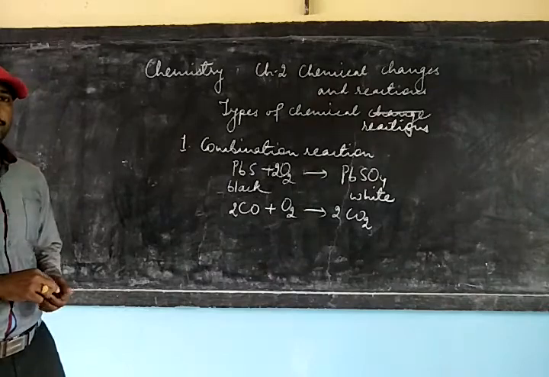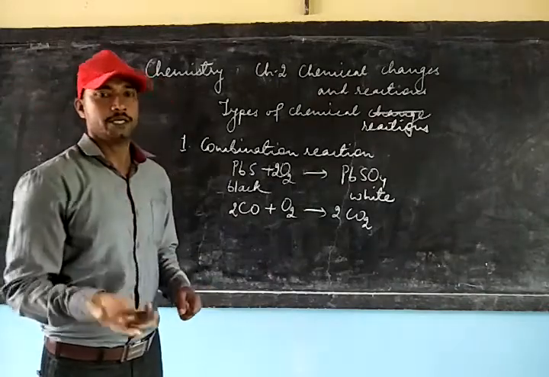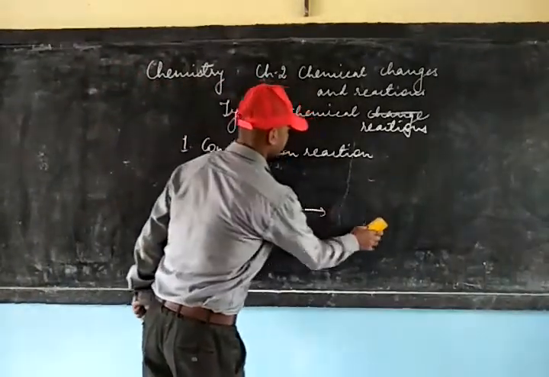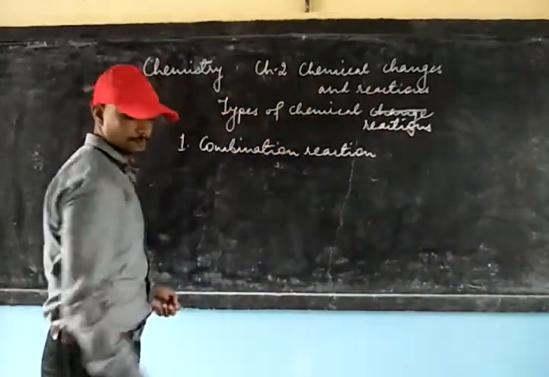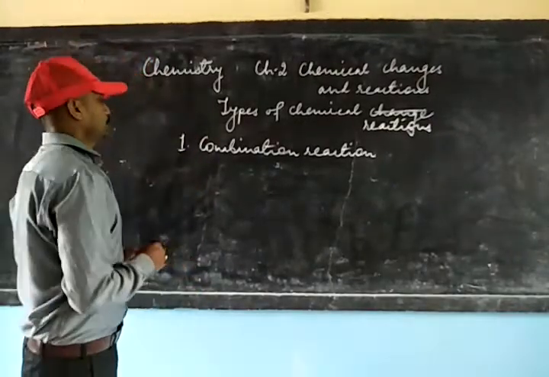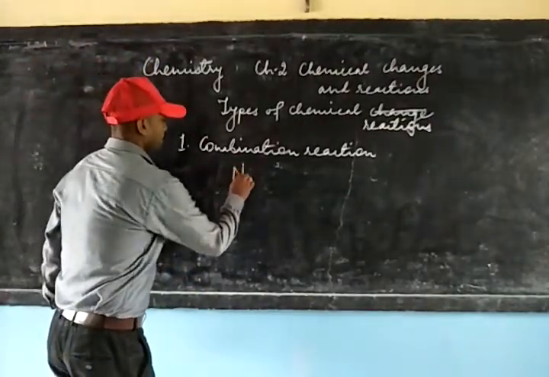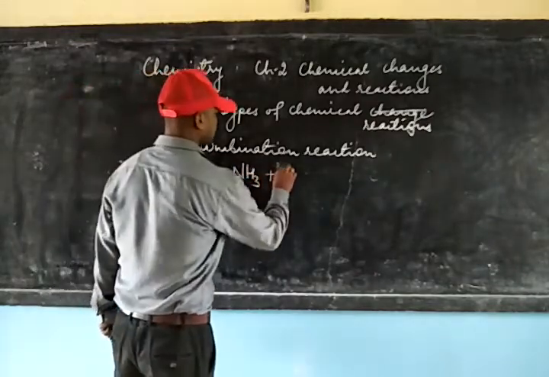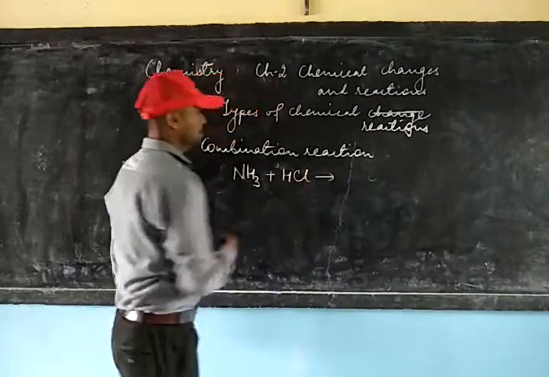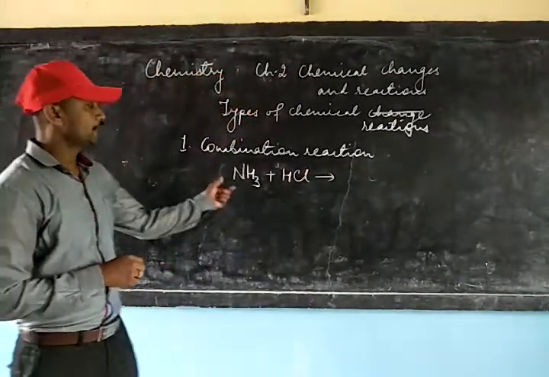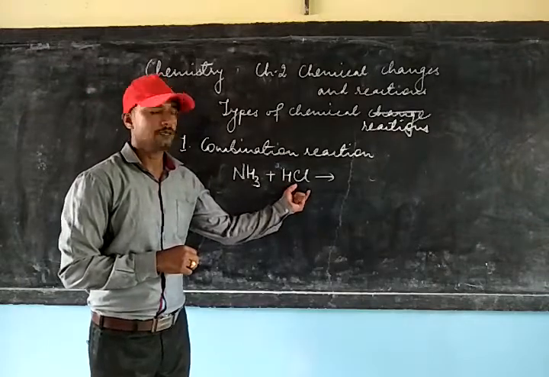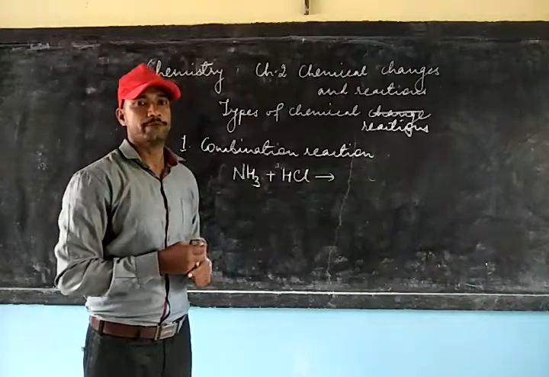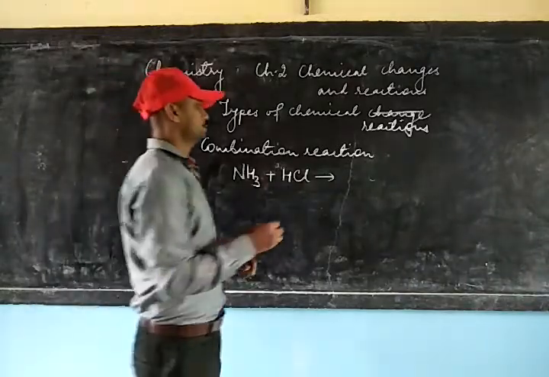Now the third will be where a compound combines with another compound. Let us see. The example will be NH3, which is one compound, plus HCl, hydrogen chloride gas. Ammonia gas plus hydrogen chloride gas gives a product ammonium chloride, which appears as dense white fumes. It is solid,